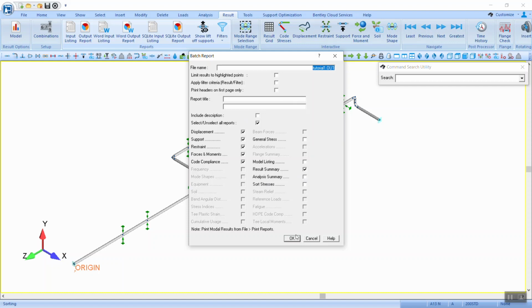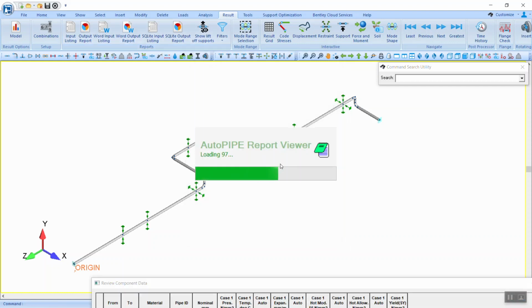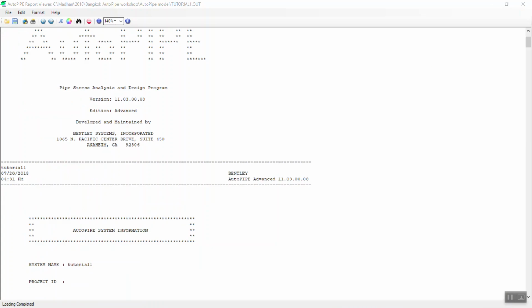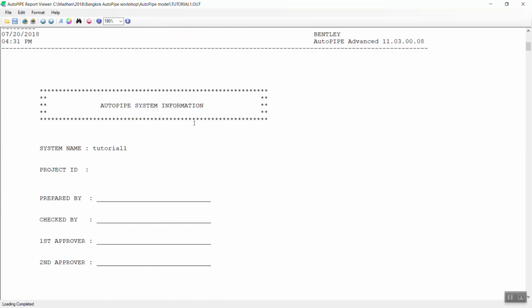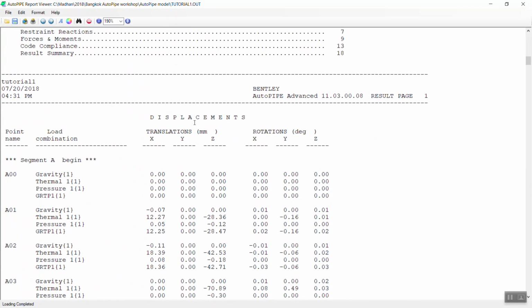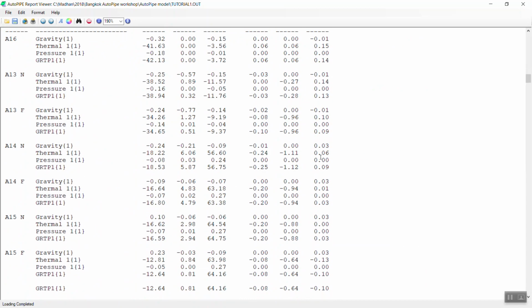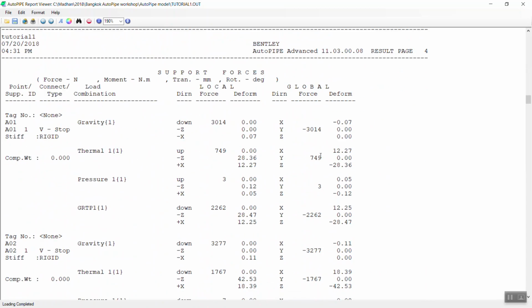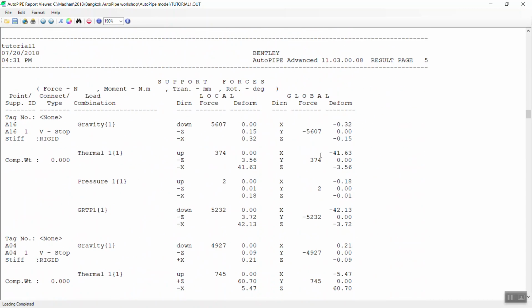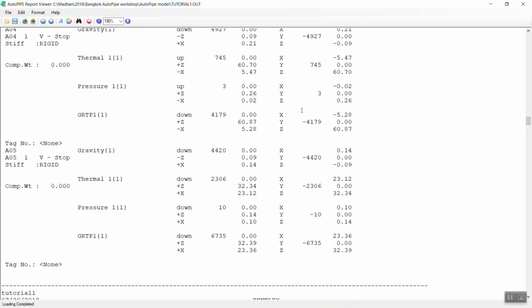Right now I'm not using any filter, so I'm going to select all. Increase the font size, and this is the output report. You can see the results of displacements of the joints and support forces, both in local and global directions,